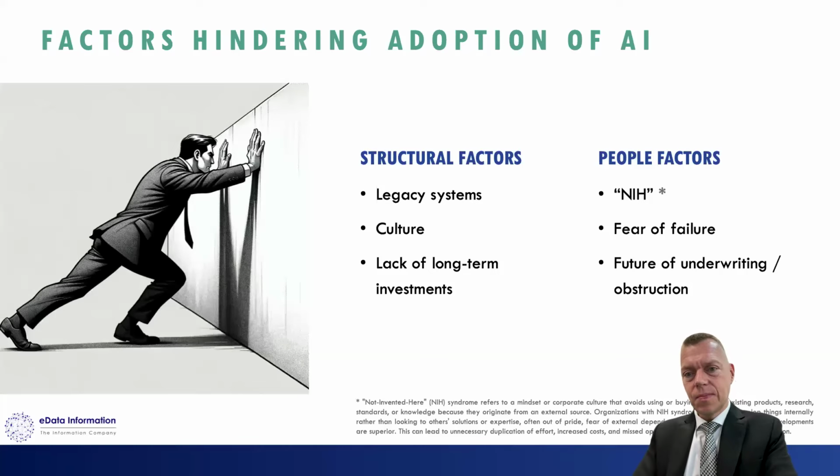Well, there are at least two types of factors, structural factors and people factors, that you have to be aware of when you start implementing or adopting AI. For the structural factors, we have our legacy systems, we have the culture in the organization, and then something which I feel is very typical for the Middle East is the lack of long-term investments. We are very focused on short-term results. On the people side,